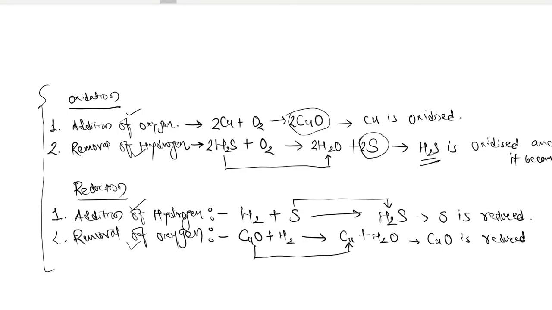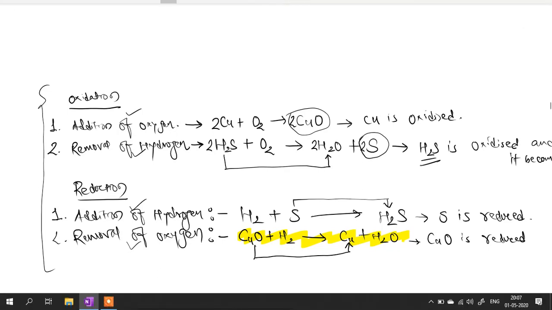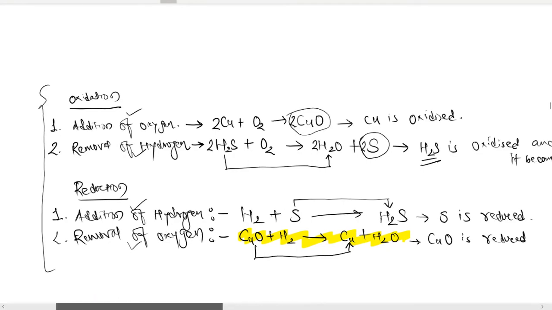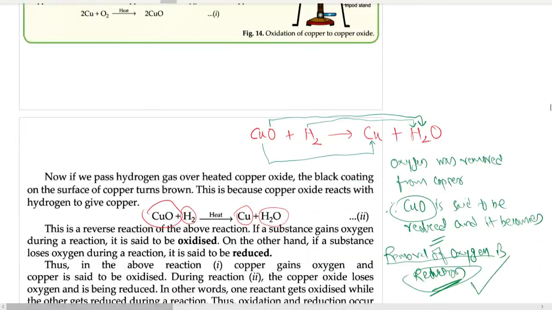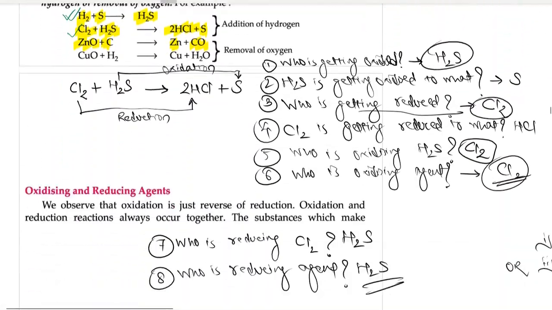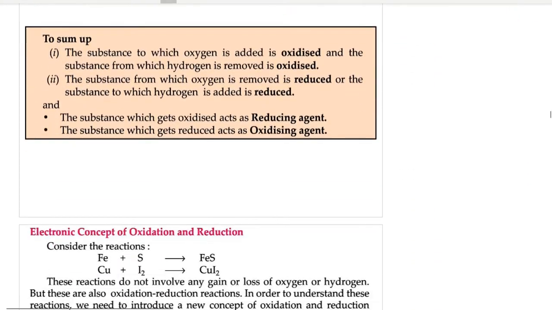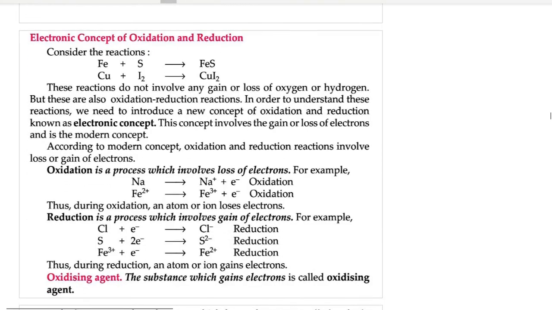So both are happening in context of hydrogen. But in the example of CuO plus H2, oxygen is also there, hydrogen is also there. So definitely it is oxidation and reduction, redox reaction, right? Both are present. But even if one of the elements is not present, hydrogen or oxygen, then also we can describe them as oxidation or reduction reactions. So this was a very important topic. Now the topic which we have just studied is the old, or conventional, concept of oxidation and reduction.